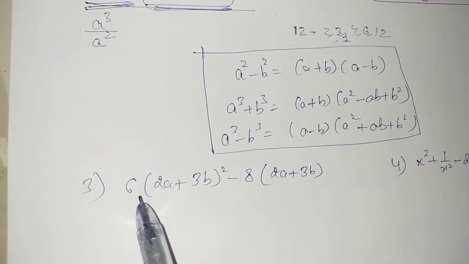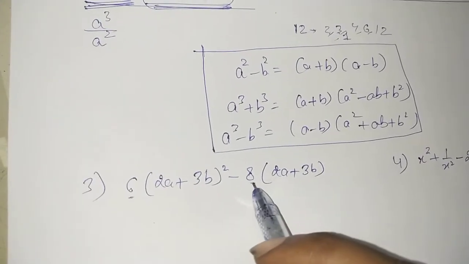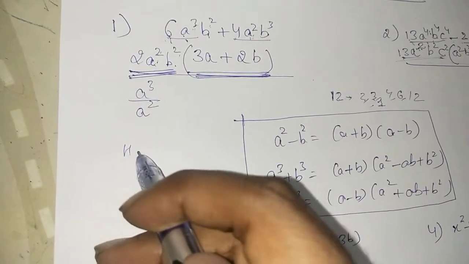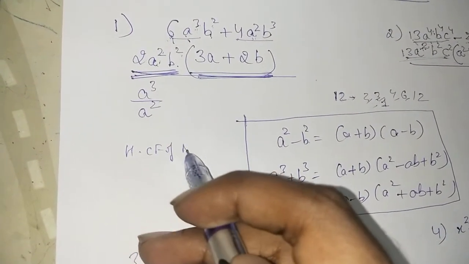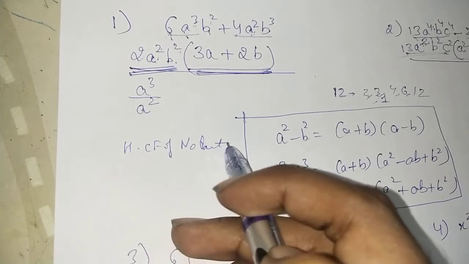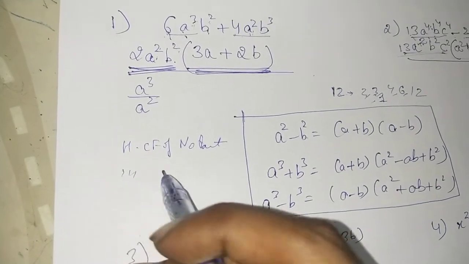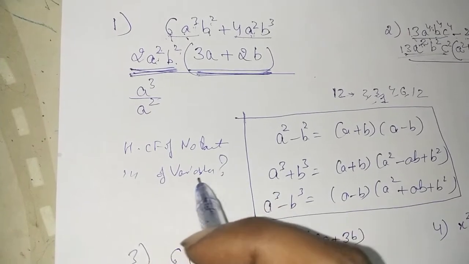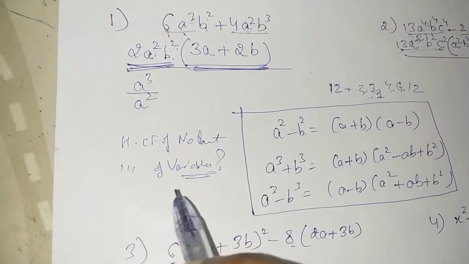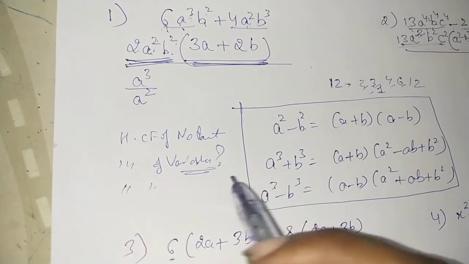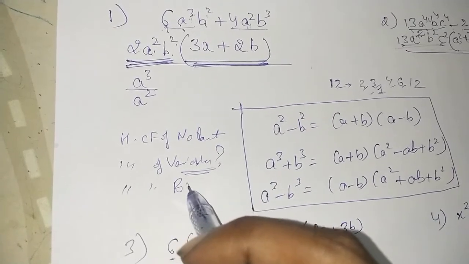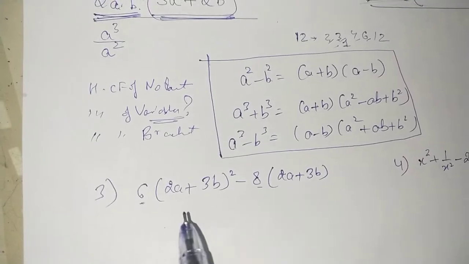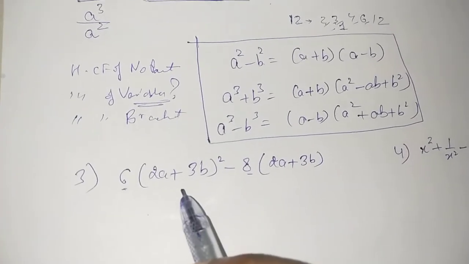Now in this we are having this thing present before the bracket. So there are 3 steps. First of all, look into the SCF of the number part. Then look into the SCF of the variable. But which variable? The one written outside the bracket. And similarly then take out the SCF of the bracket. So for the bracket again, whichever is the smallest power will be taken out. Let's proceed step by step.